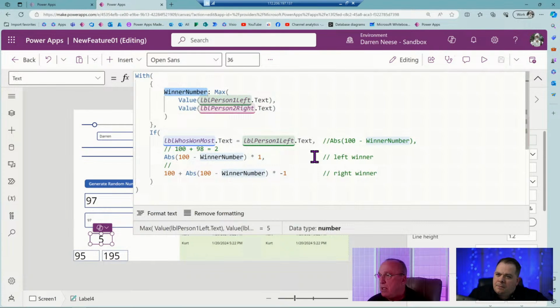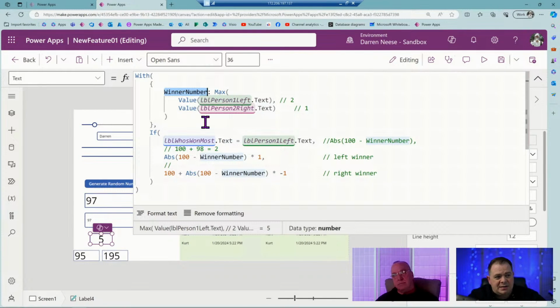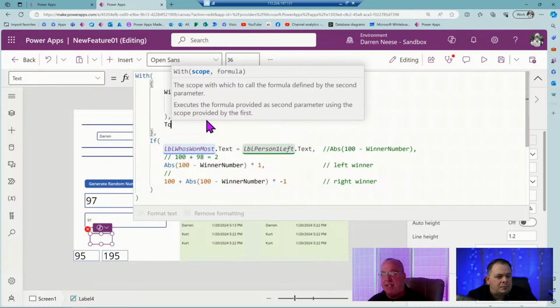Okay. Yeah. So let's just use the scenario. This is 2, and this is 1. Okay, the winning number is going to be 2, but it's not the maximum amount or the count. I'm just trying to walk through a spot in here to see if this code's going to work on the right side. So if Darren has 2 wins and Kurt has 1, or actually if Kurt, we're on the left side. So the left side is the winner.